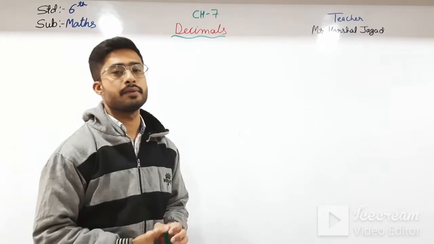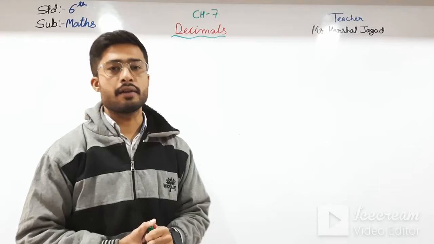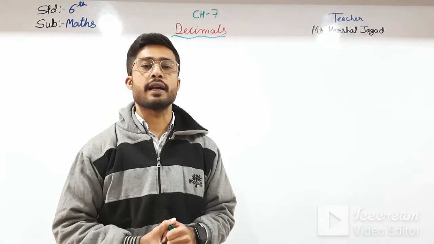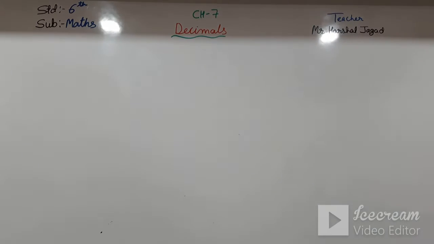So in the previous videos we have been going through chapter number 7, that is decimals. In that we have reached up to converting decimals into fractions. Here we have seen examples number 8 and 9, and now we will go directly towards